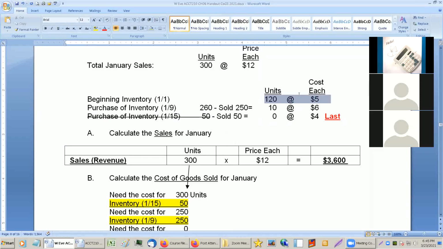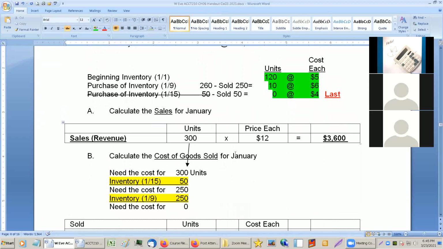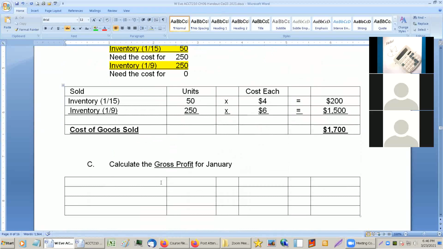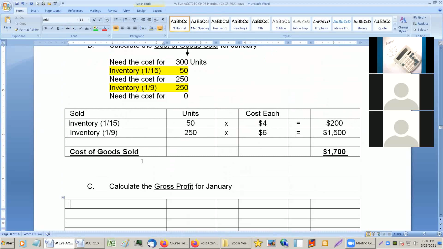So this is our inventory. Okay. Well, I'm going to calculate the gross profit. So down here,